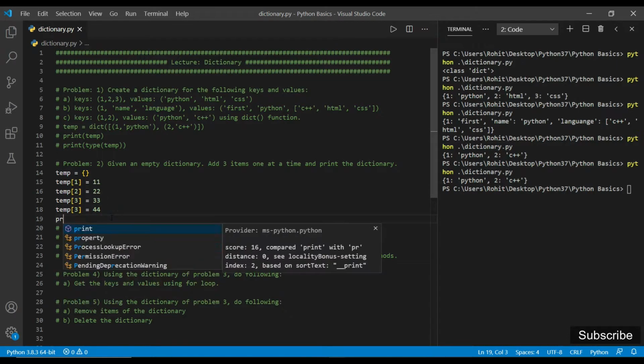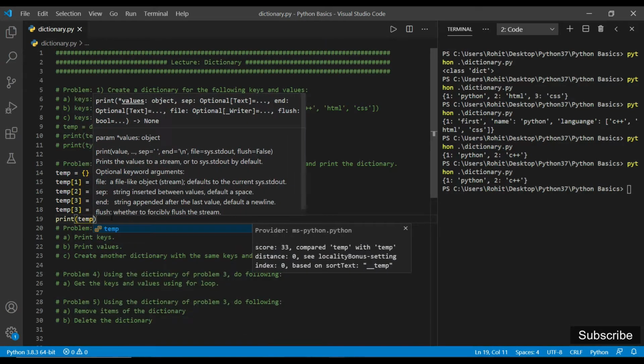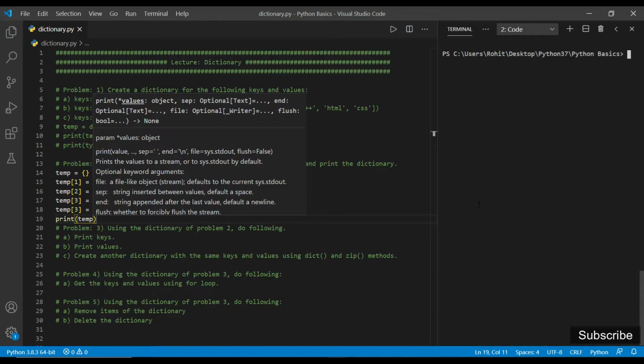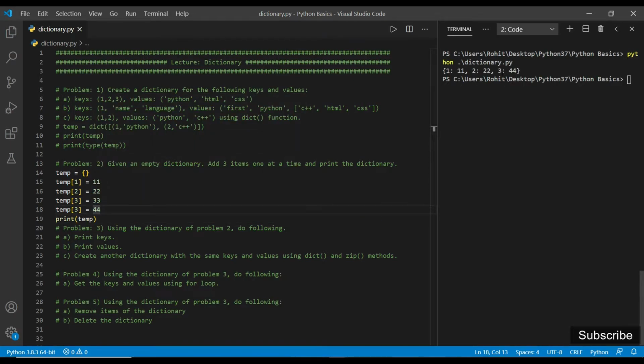Let me show you. If I print temp, we will not get 33 here. As you can see, the key 3 has the value 44. We are not getting 33 as the value.